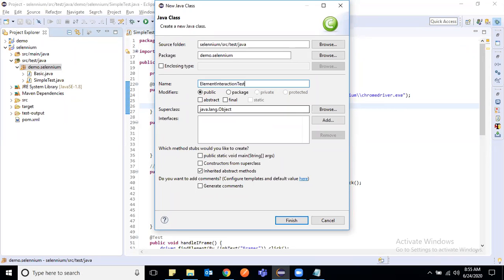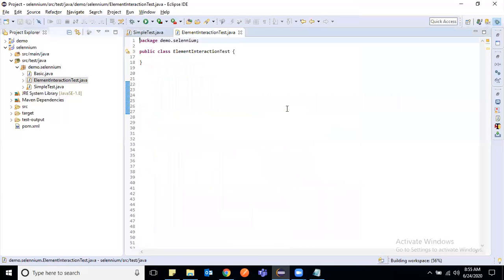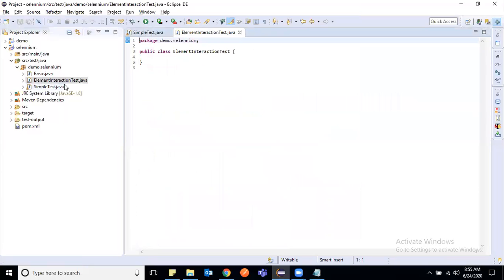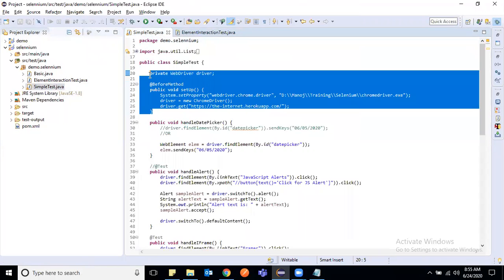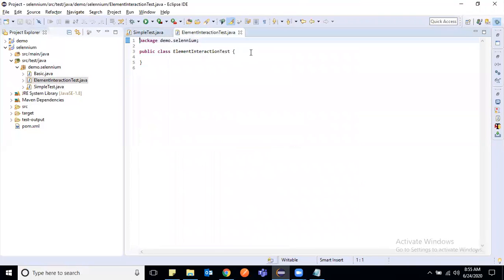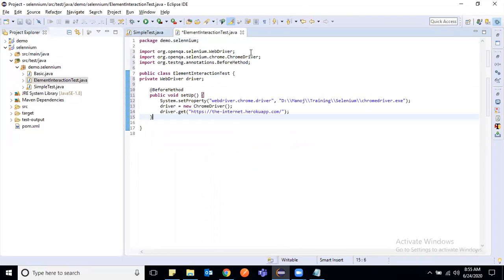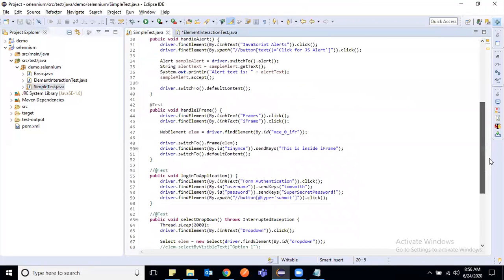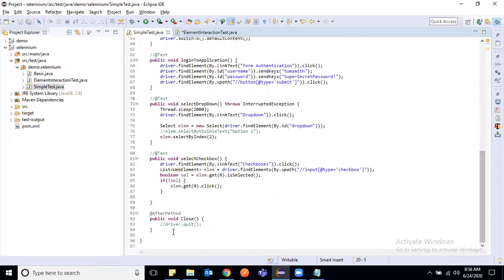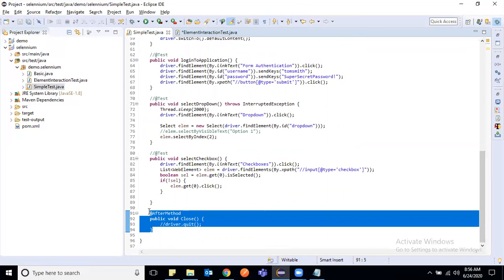Okay, we are already doing that, but again, a few things we need to copy here. I want to copy the setup, and this after method, so that we can quickly start.